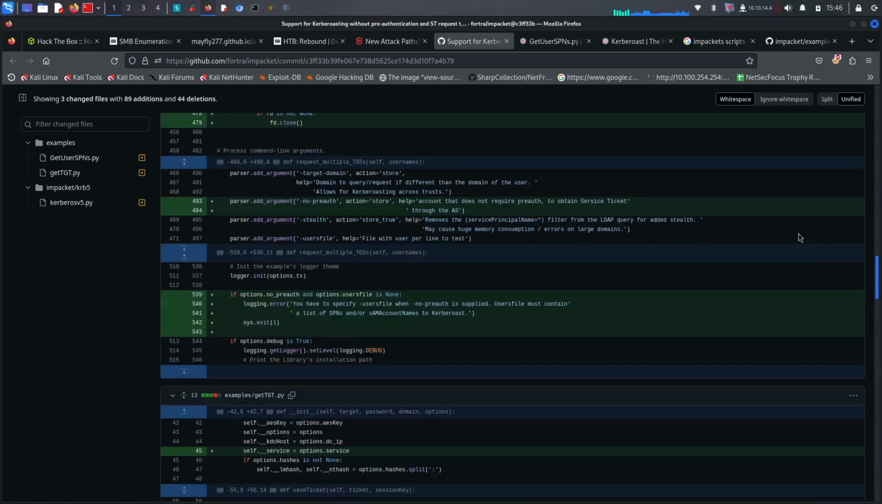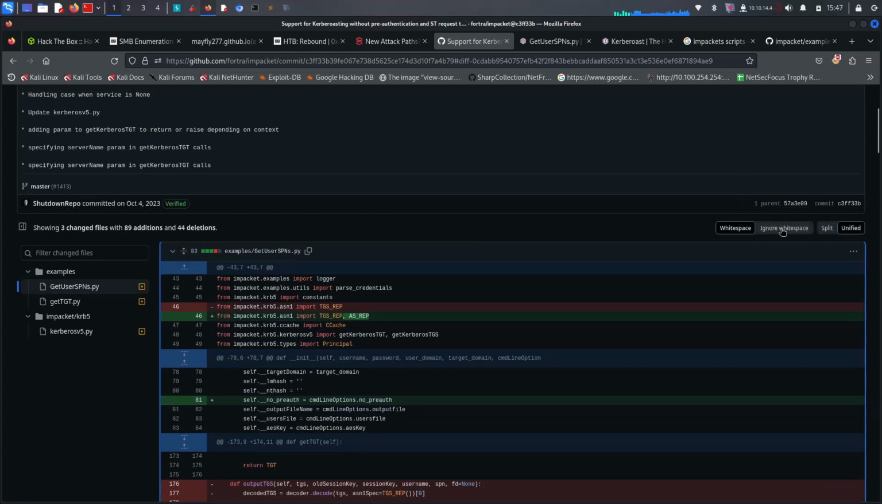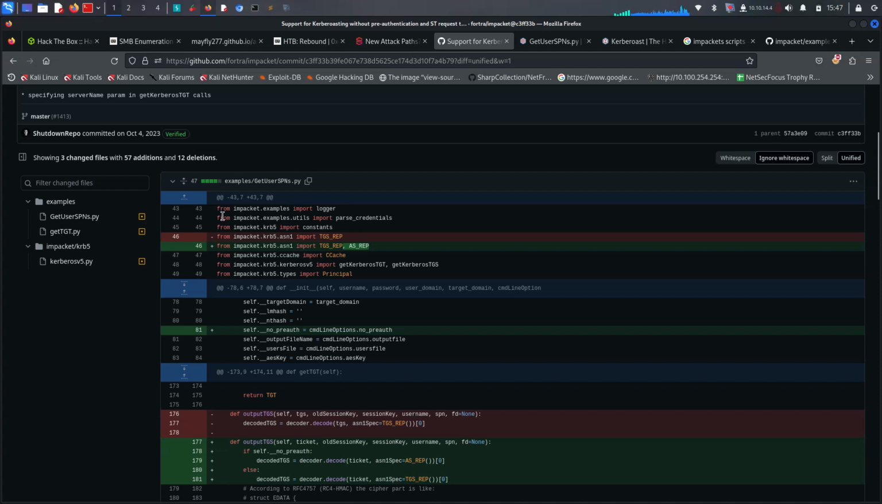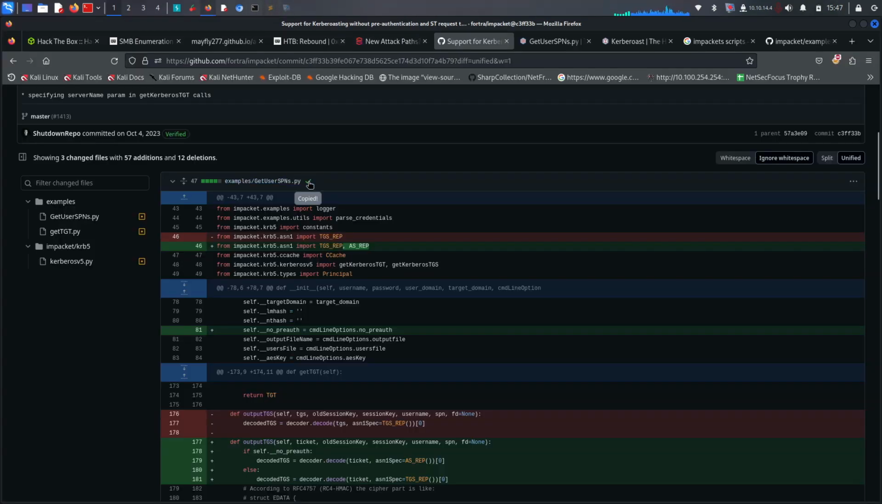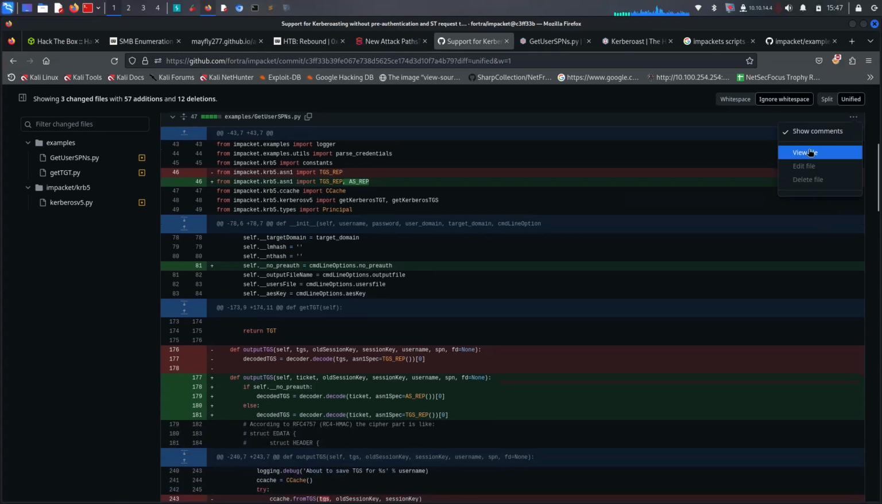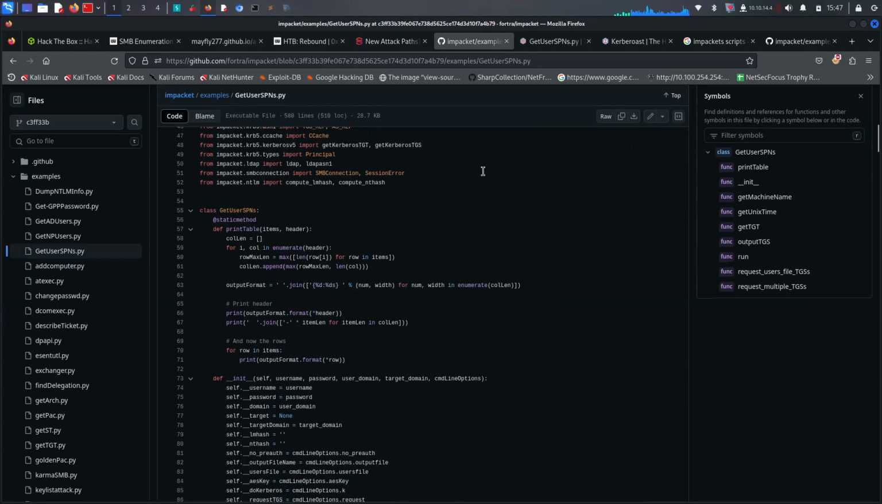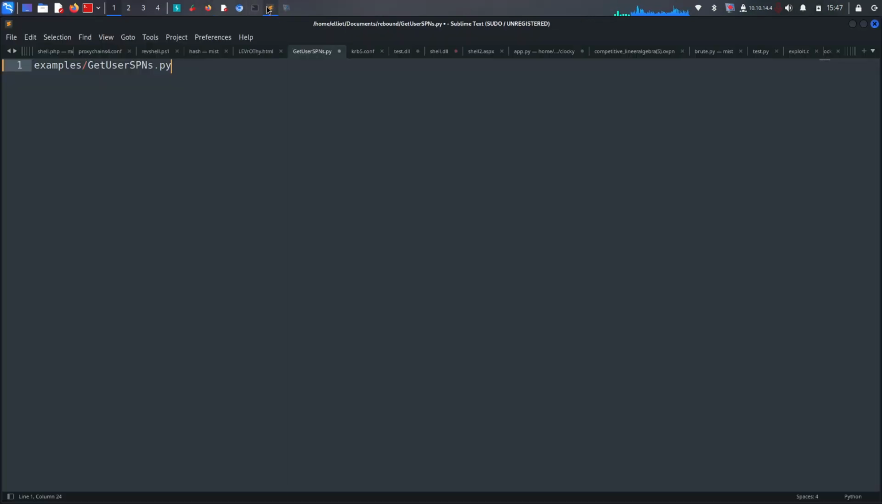So which one is get users SPNs, right? So can we ignore whitespace, and does it look useful? So can we use it? Let's try. No. Oh, it's a file. But is this all the same here? Let's say